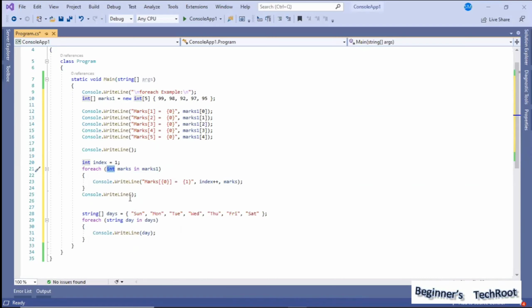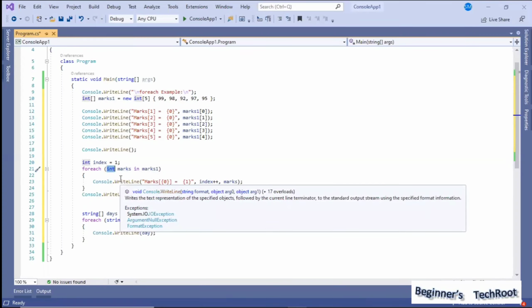It's nothing but the data type of the elements stored in the collection. We know the array is an int data type array, so each and every element is also an int data type. That is the reason we should take int here.